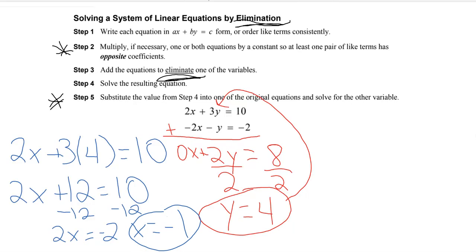So I've got my solution here. y is 4, x is negative 1. And all we did was eliminate one of my variables to solve that. Now there's going to be times